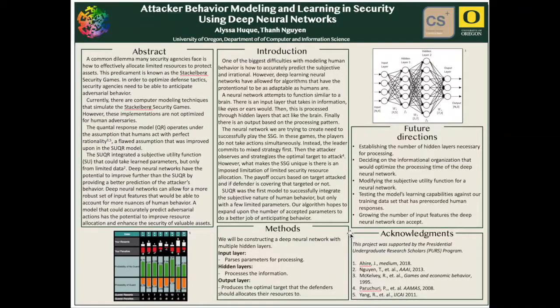This assumption of perfect rationality was updated in 2013 with the subjective utility function that was integrated into the quantal response model. This model, known as SUQR for short, would accept learned parameters from previous game data to create its output. SUQR is a linear combination of the rewards, penalties, and probabilities, which gives a better predictive output. This may be because humans are driven by simple heuristics when deciding things, but nonetheless, this method was proven effective.